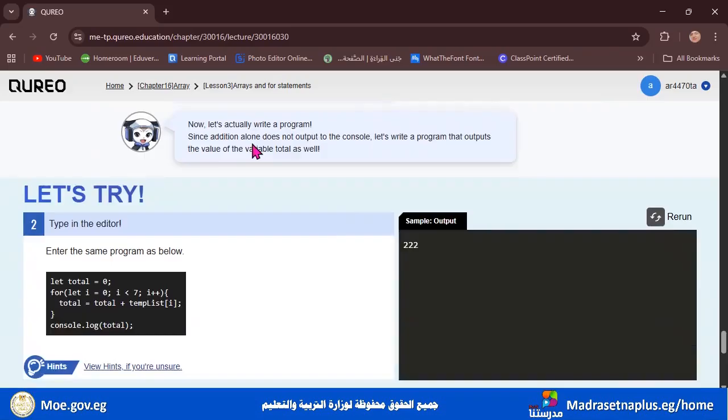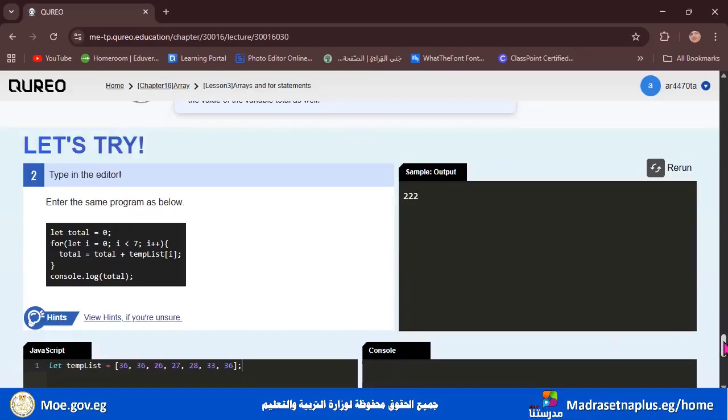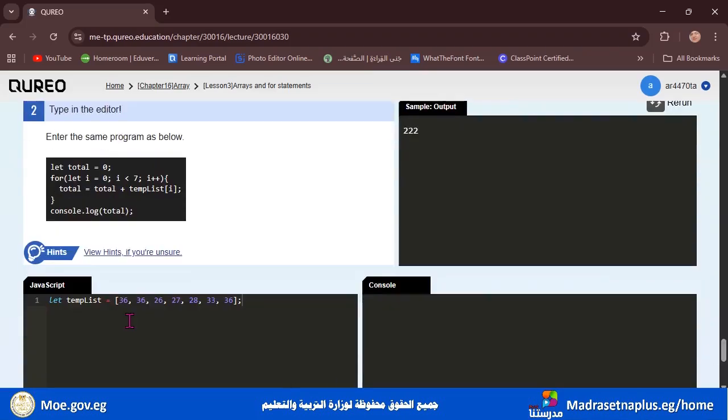Now let's actually write a program. Since addition alone doesn't output to the console, let's write a program that outputs the value of the variable total as well. Enter the same program as below. Well, here you already have written let template equal, and here are the values.